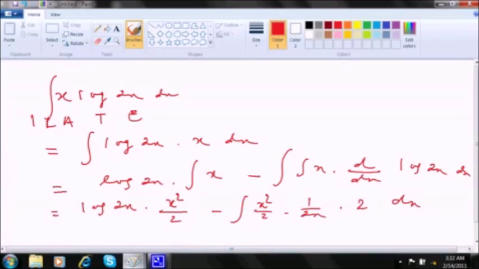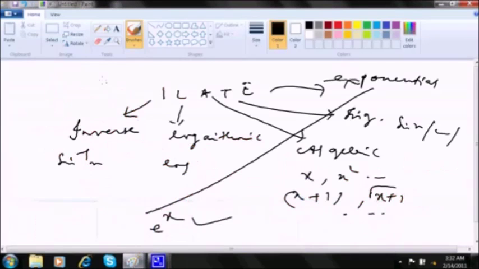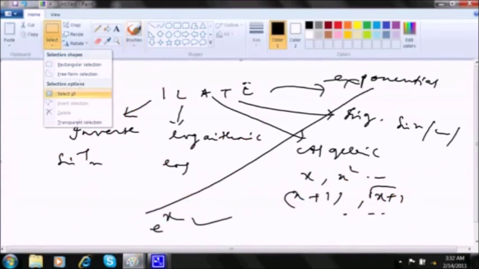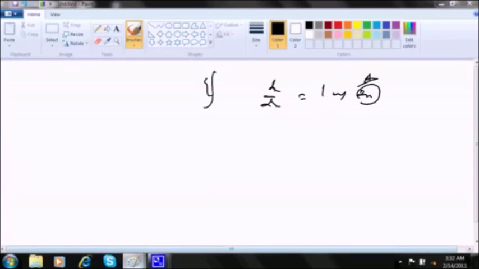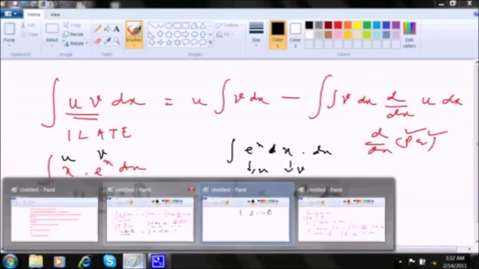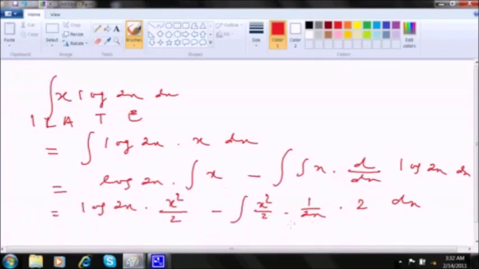I shouldn't have to tell you d by dx of log 2x, but for your convenience I'm just touching on it, because you should be good at differentiation. Please take your time, or else go through the discussion on differentiation. So this 2 and this 2 are gone, so I'm left with